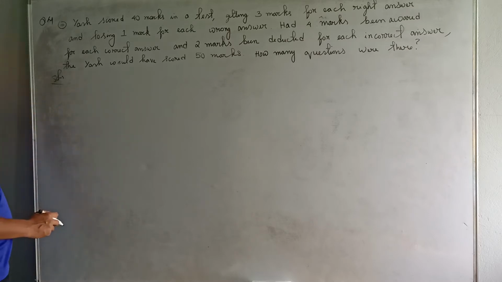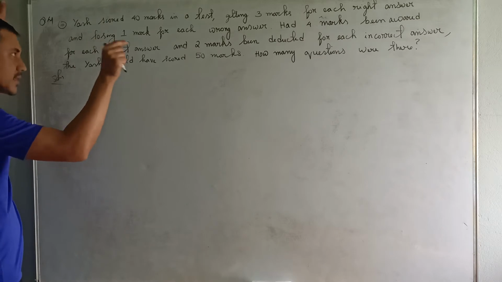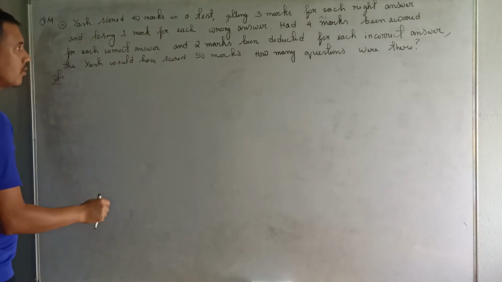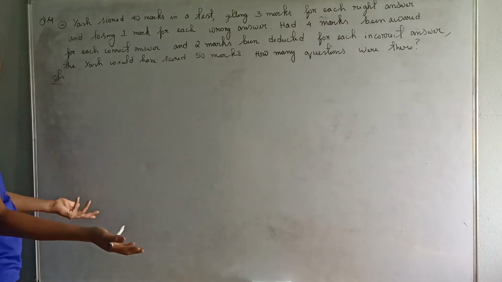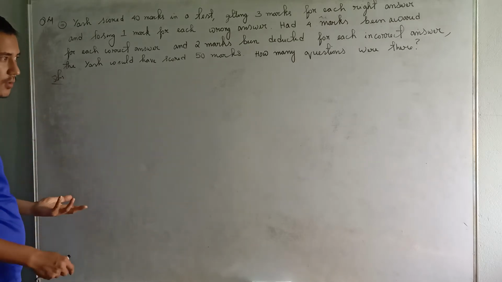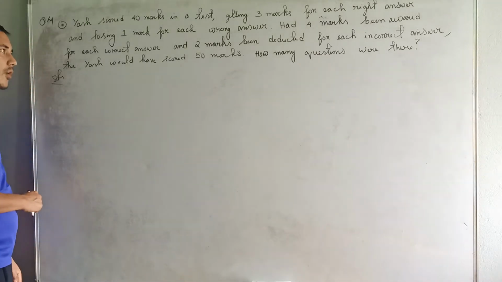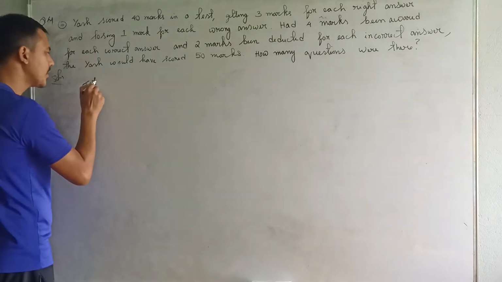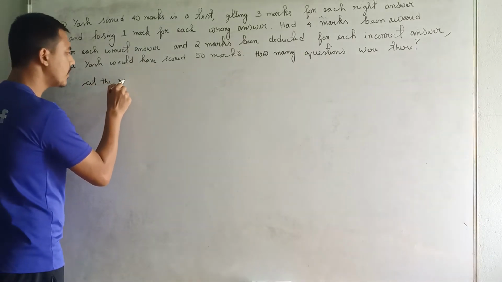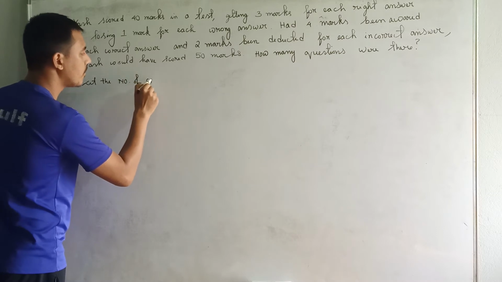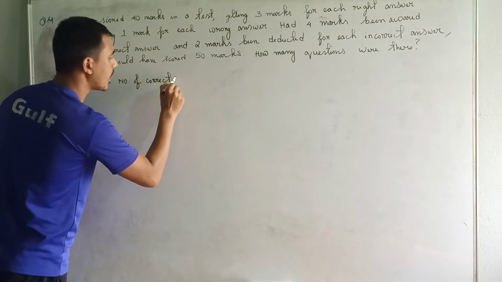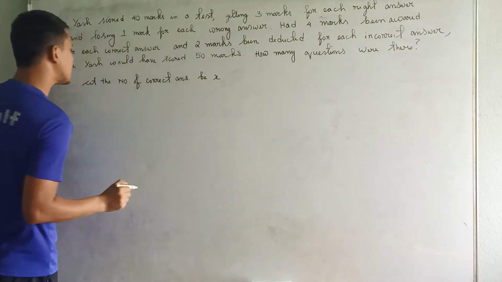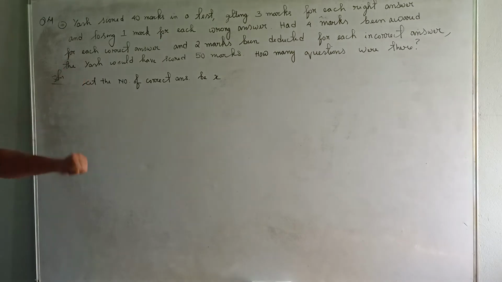If the answer is right, you get 3 marks. If the answer is wrong, 1 mark is deducted. But we don't know how many right answers were written, or how many wrong answers were written. Those two, we are going to assume to be x and y. Okay? So let the number of correct answers be x. So let's say that Yash wrote x number of correct answers